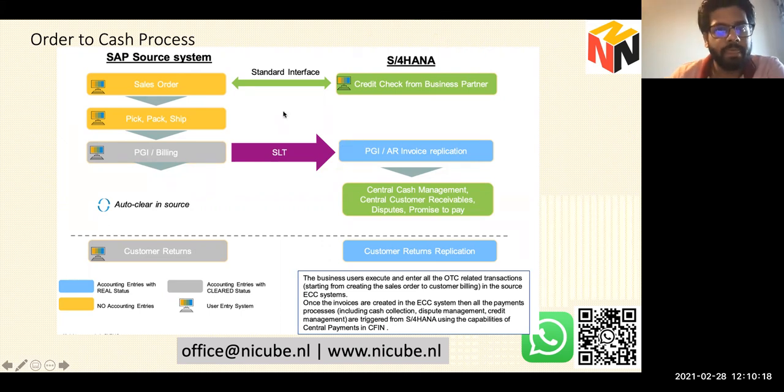Happy to answer that. Clearing in the source system is auto clear. The moment this billing invoice is replicated to S4, it is automatically cleared. It is technically cleared. So this invoice is not available or not open for payment in ECC. The moment you run your FBL1N or FBL5N for customer and vendor reports, you will not see those as an open item in those reports. Those are cleared, not available for payments, neither receivables nor outgoing payments.